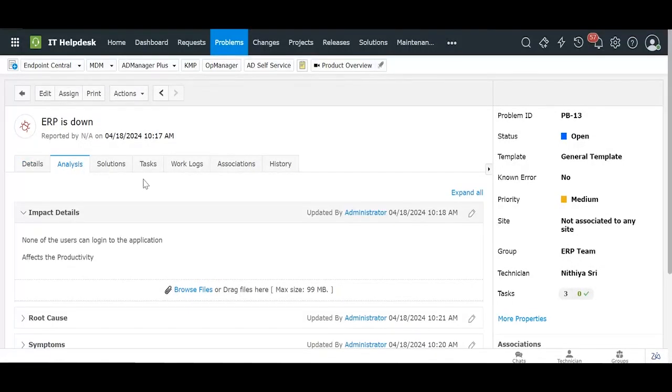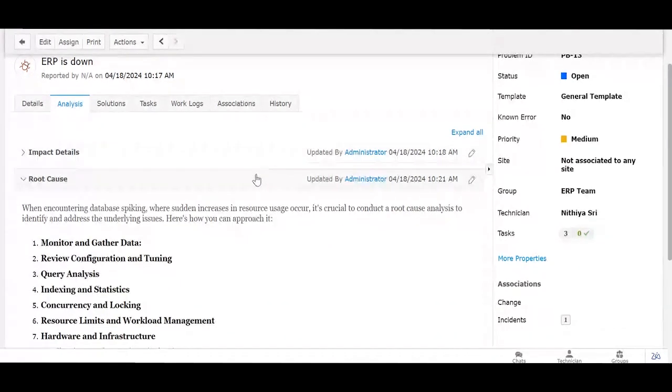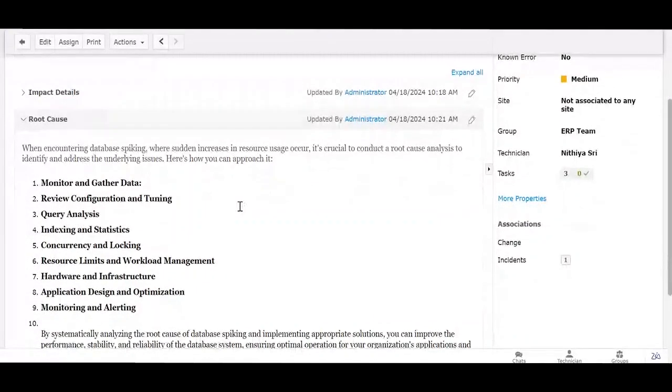So the analysis of the particular problem, which is the ERP application, is done. Let me deep dive into the root cause analysis of this specific problem. It looks like the database of the ERP application is spiking. This results in high CPU usage of the database server, and none of the operations in the ERP tool